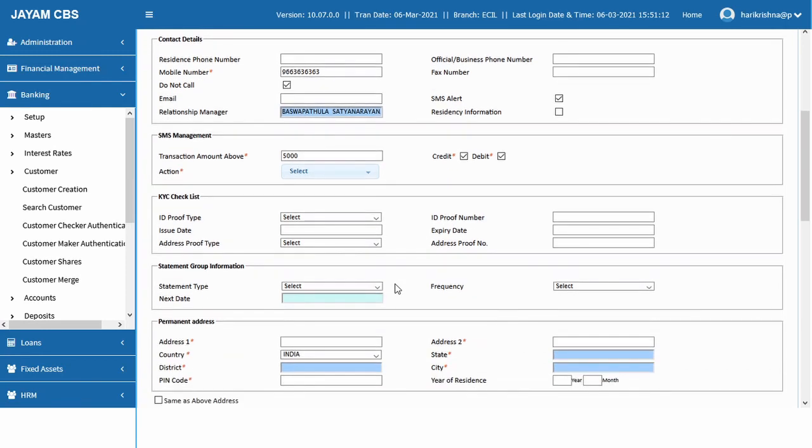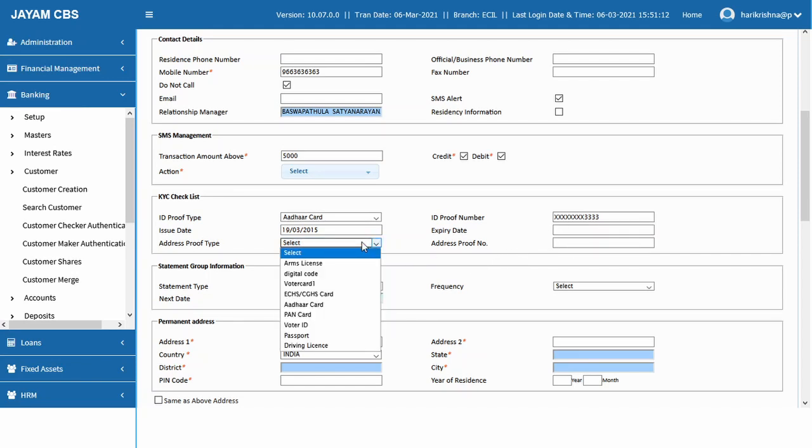Then for the KYC checklist, ID proof, I'm selecting Aadhaar, the text comes automatically, and issue date. There is no expiry date, not required. For the address proof, I'm giving Aadhaar only.